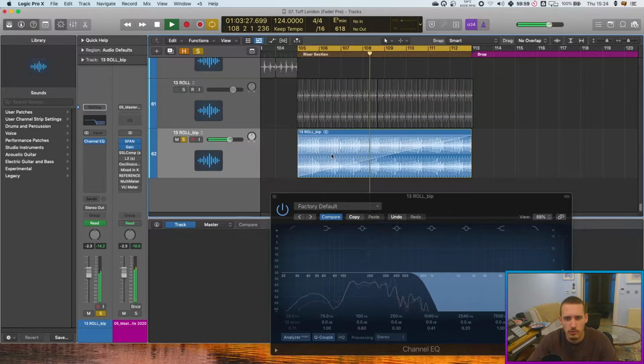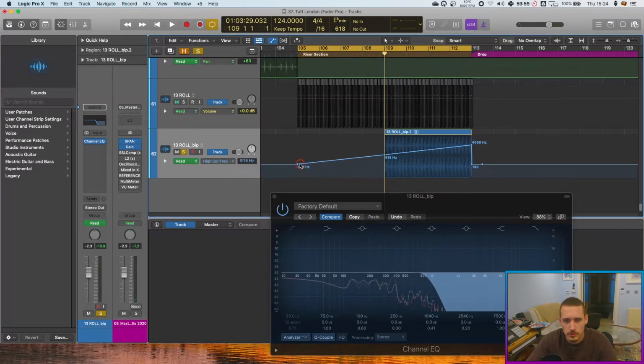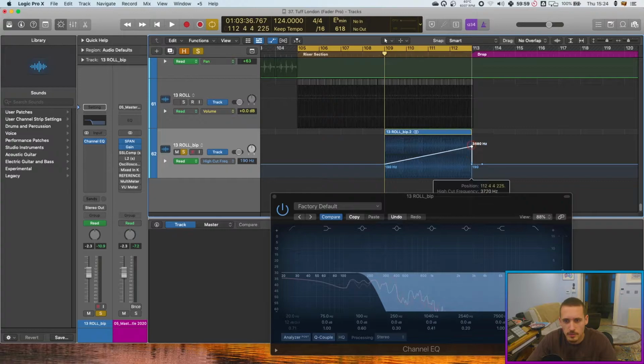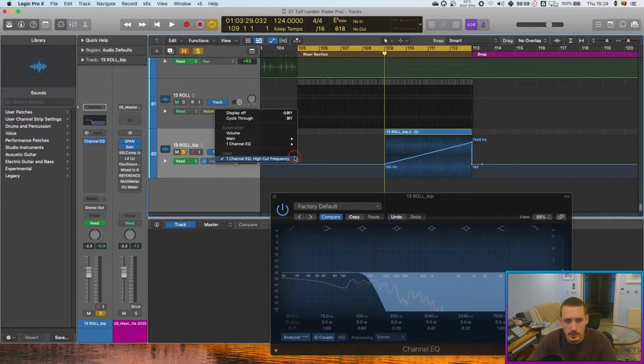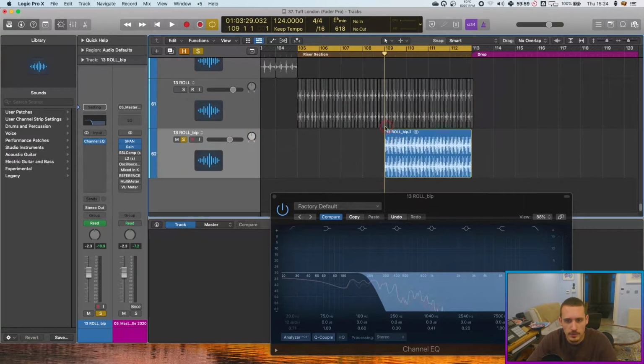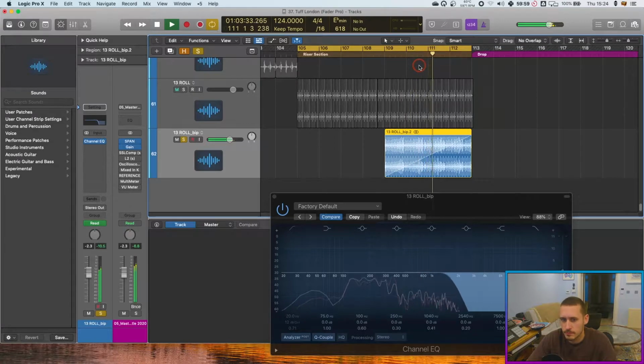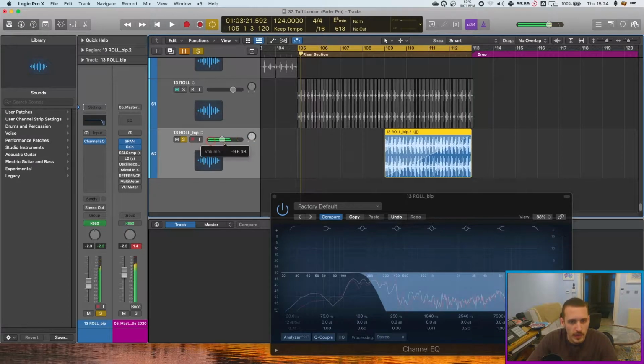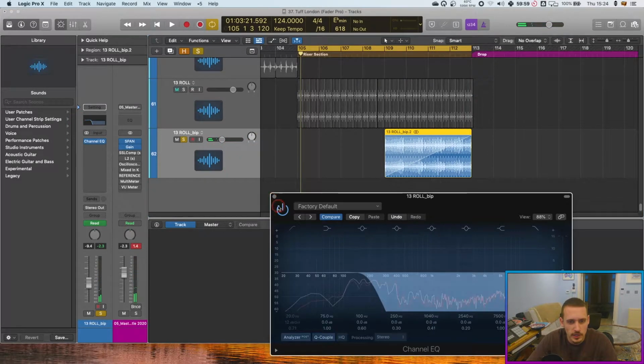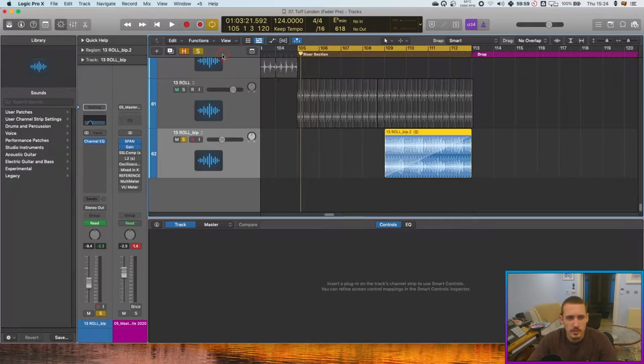This is actually a very long roll here. I feel like for snare rolls like this, it might be better to do it a little bit shorter. And let's try this, and I still can put this fade back in. So it's very loud, and then I might just take some of the very lows out. So a very simple snare roll to start with, and it sounds a bit rubbish on its own, even in the